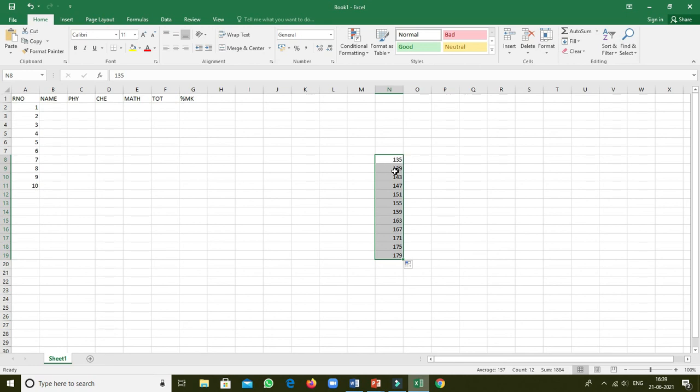The interval is there, and it keeps adding the interval to the next number. Okay. If I select these two and drag up, the interval is subtracted, meaning decreasing order, and for downwards it is in increasing order. Clear?